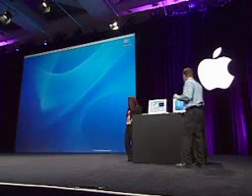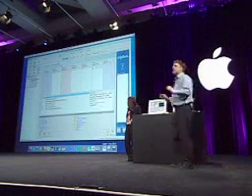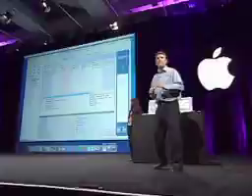Now the last feature I want to show you today is a feature that's integrated seamlessly throughout the entire Office suite, but I want to show it to you in Entourage. Now, we all have things that we have to deal with every day. There's a lot of information, and this is true regardless of whether you're a creative professional working on a brochure at work, or whether you're at home trying to keep a soccer team organized or plan for a family reunion. All of these things are projects. And today I want to show you a simpler way to manage your projects using a new set of tools